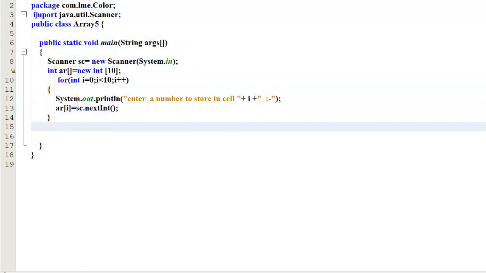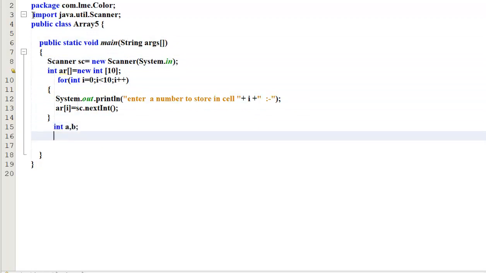Now, writing the logic, we require two loops. So I have defined the variables here: int a, b; for a equal to 0, a is less than the length of the array.